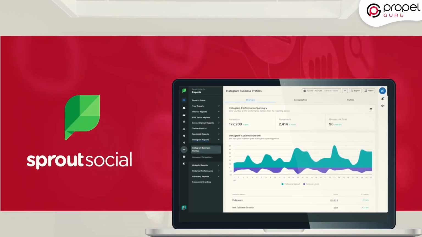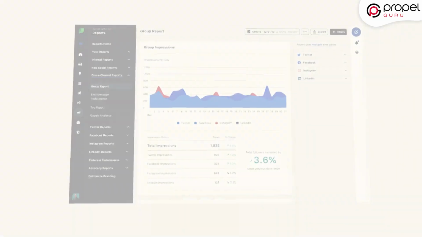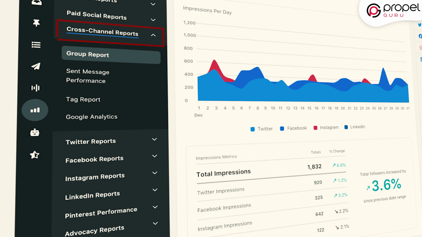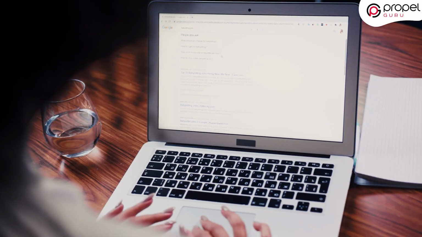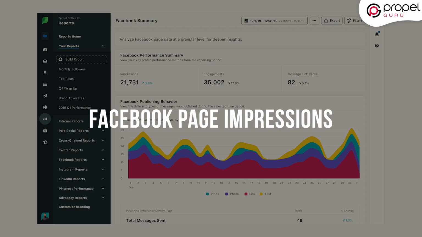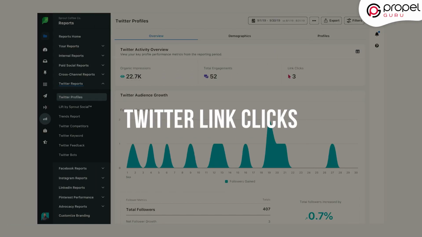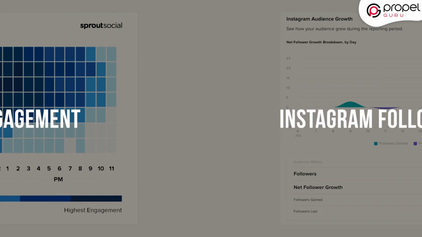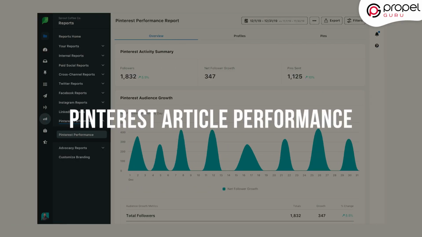Second on the list is Sprout Social. It is an easy choice for our list due to the requirement of cross-channel social media analytics. With Sprout Social, you can track Facebook page impressions, Twitter link clicks, Instagram follower growth, LinkedIn engagement, Pinterest article performance,